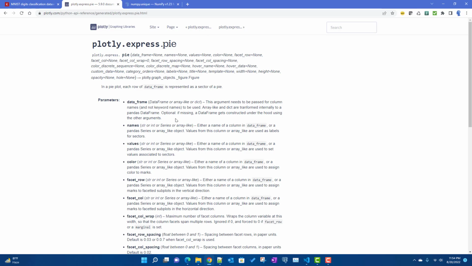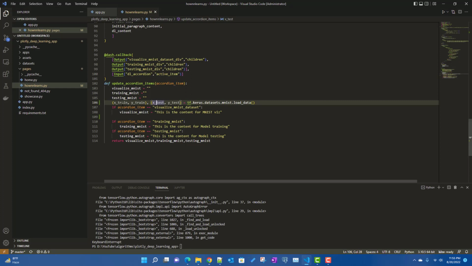So the difference between these is, whenever we want to create a pie chart, we want to visualize our digit labels. Let's say for label 1 how many images are there, for label 2 how many images are there, something like that. That means we need the label name as well as their count. If you have that data in a data frame format, you can easily mention the data frame here. If you do not, which is the case for us as well, because we have it in a tuple format over here,